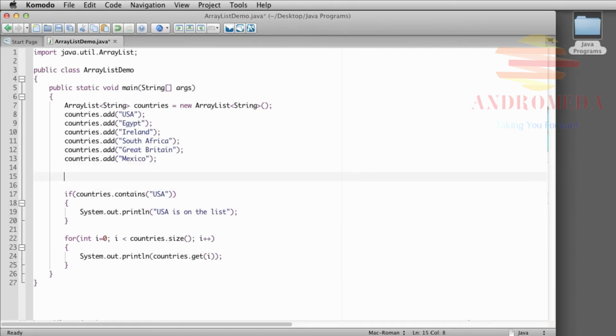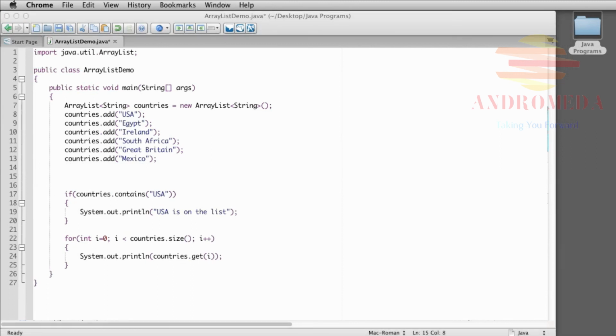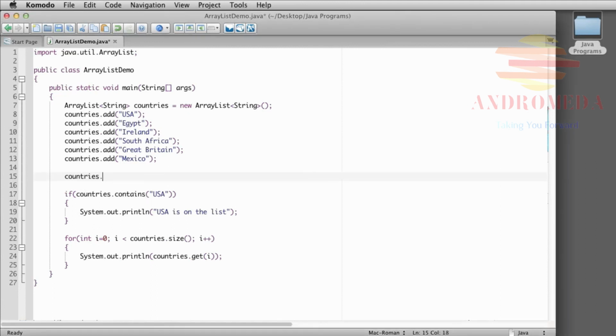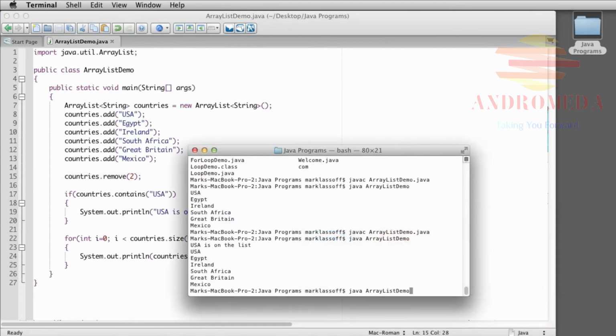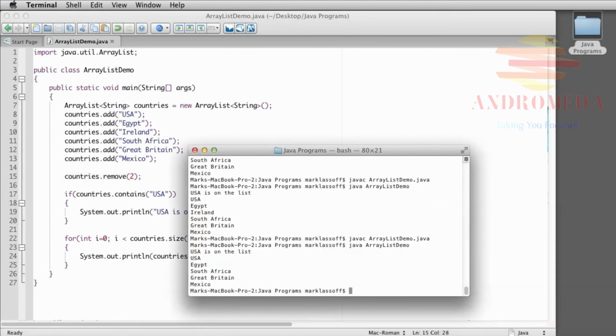We could also remove items by using the remove method. And the remove method is pretty easy to use, as you might imagine. So we're going to use countries.remove, and then we can remove a specific index. So we could say here, countries.remove, and let's remove 2. So now when we compile, notice when the list comes out here, Ireland has been removed. So ArrayLists provide a great and dynamic way to keep lists of